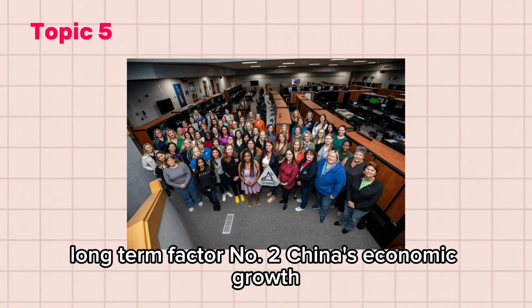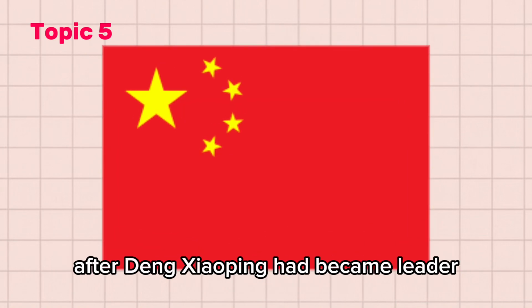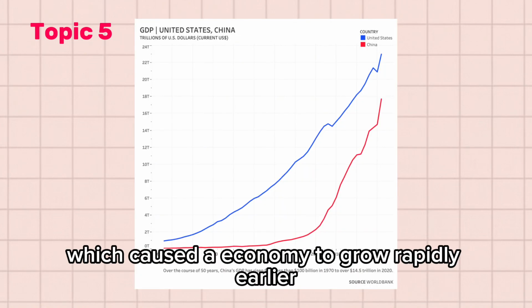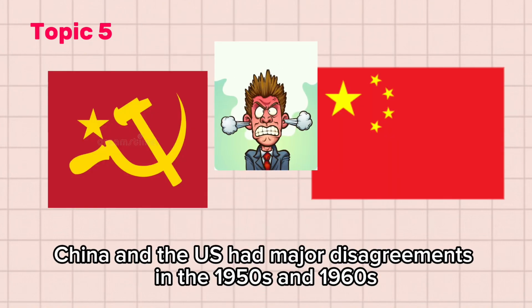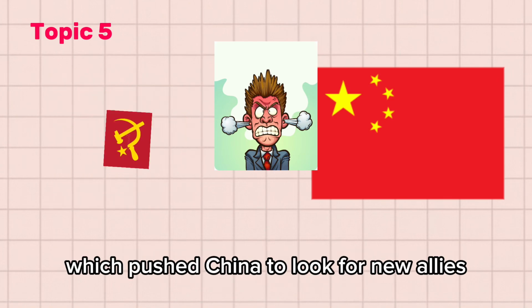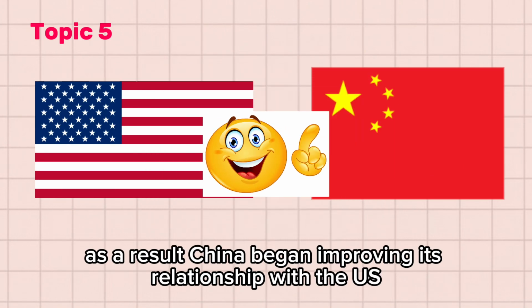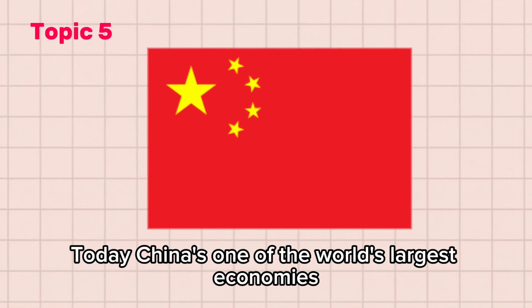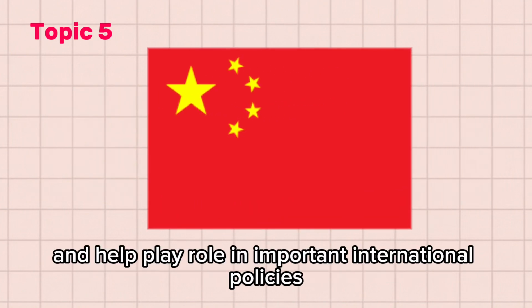Long-term effect number 2: China's economic growth. As China began to adopt capitalist elements after Deng Xiaoping became leader, China started experimenting with market-style policies, which caused its economy to grow rapidly. Earlier, China and the USSR had major disagreements in the late 1950s and early 1960s, which pushed China to look for new allies. As a result, China began improving its relationship with the US, leading to trade opportunities, better technology, and economic support. Today, China is one of the world's largest economies, a major military power, and plays a role